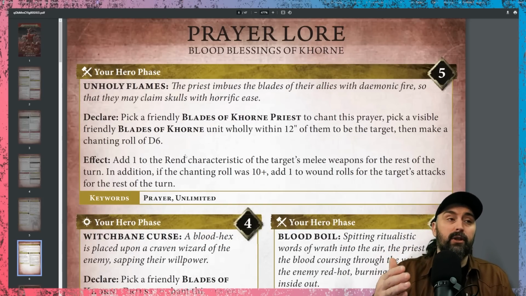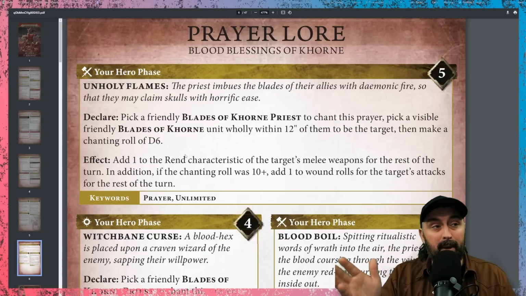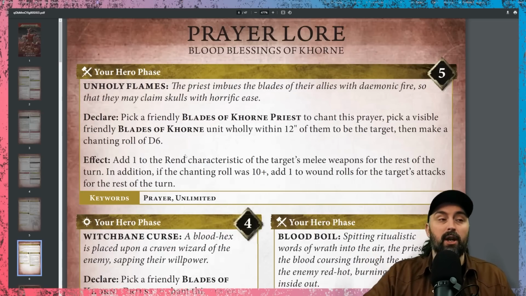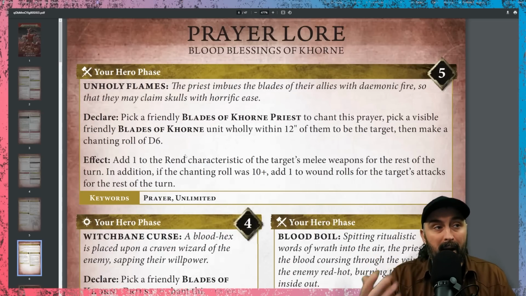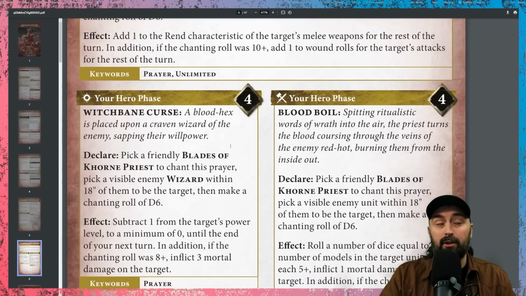You can also use a command ability to be able to do a prayer in your opponent's turn. Therefore, maybe doing one of these in your opponent's turn anyway, because the other is a little bit more achievable on a 4, but also maybe just to generate ritual points for yourself so you can do a more empowered effect in your turn. The next prayer is Witchbane Curse, and it's on a 4, so it's quite achievable